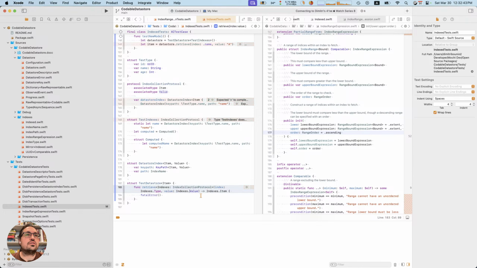This is going to be index.value, and this is going to be item where indexes.item equals item. Okay, so in this world, this has what it needs. Again, I guess this has to be a concrete index.